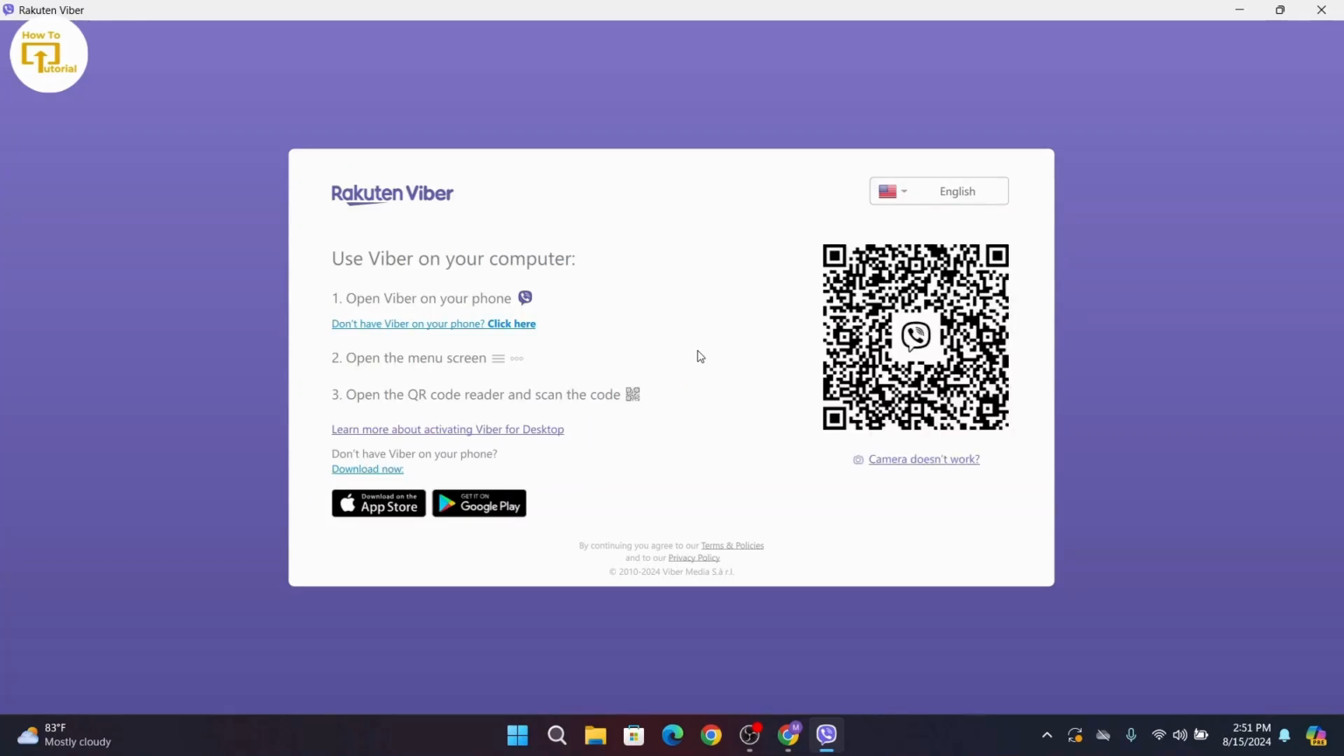Once you do that, you'll be logged out of Viber from your desktop, but you'll still be logged into Viber on your mobile device. So that's the way to log out of Viber on your desktop, and that's all for